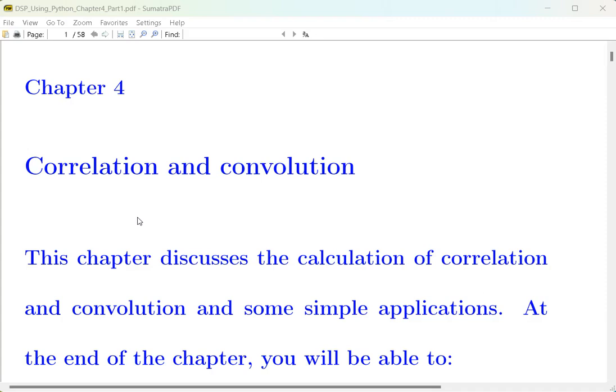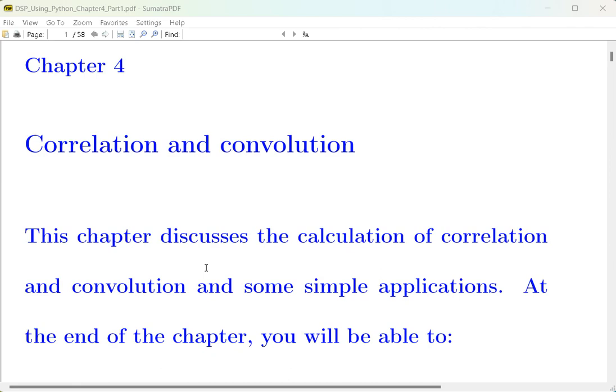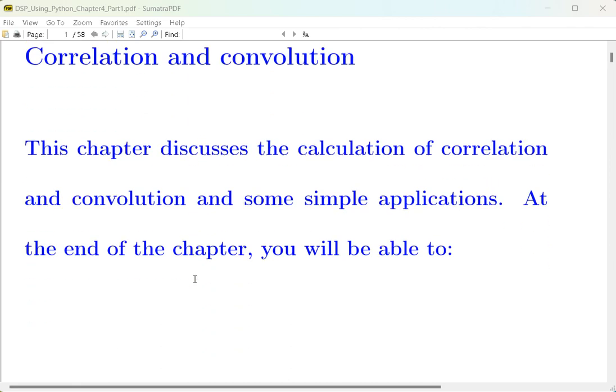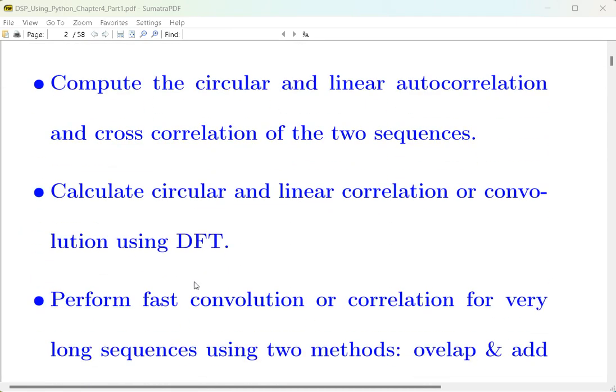Chapter 4 is related to the correlation and convolution. This chapter discusses the calculation of correlation and convolution and some simple applications. At the end of the chapter, you will be able to compute the circular and linear autocorrelation and cross-correlation of